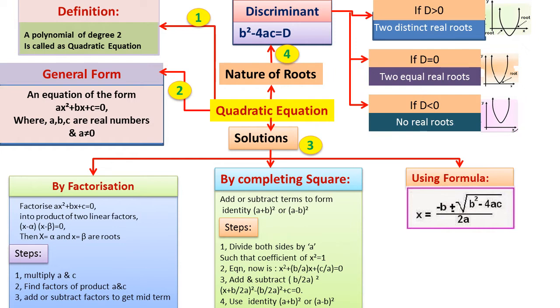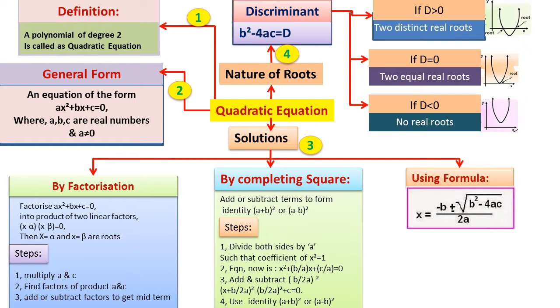For example, I have an equation like this: ax square plus bx plus c equal to 0. Here you can see the variable x, its highest power is 2 and it is called degree 2. This equation is called an equation of degree 2. Such an equation, ax square plus bx plus c equal to 0, this form of an equation is called a quadratic equation. So the general form of this quadratic equation is ax square plus bx